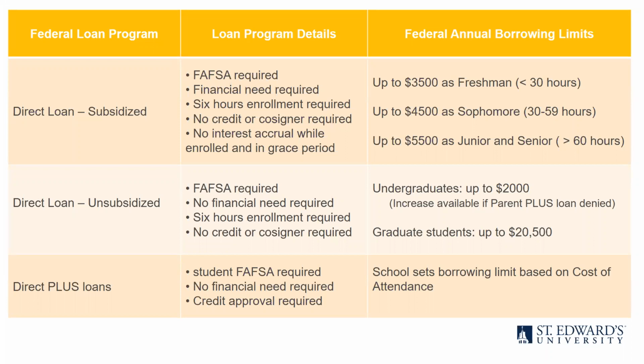Grad students can borrow up to $20,500 per academic year. And then the other type of federal loan program is a Direct PLUS loan. So a Direct PLUS loan is credit approval required. Sometimes if the borrower is not approved, they will ask for an endorser, which is another word for a cosigner